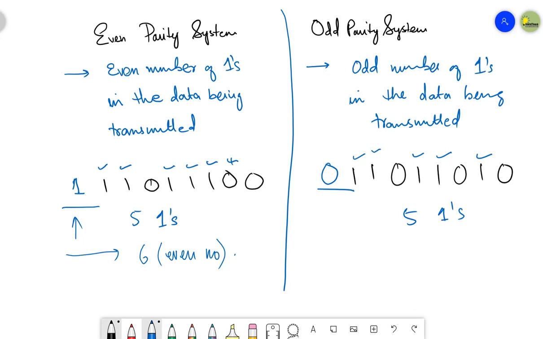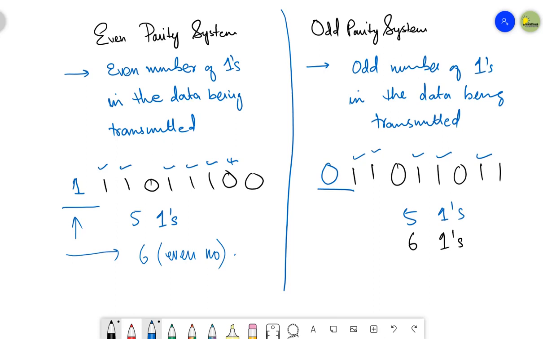Let's suppose now the data is changed and now I have an even number of ones. Let's change one bit from 0 to 1. And now if I count the number of ones in the data bits, it is 6. I have 6 ones, which means it is now an even number of ones.